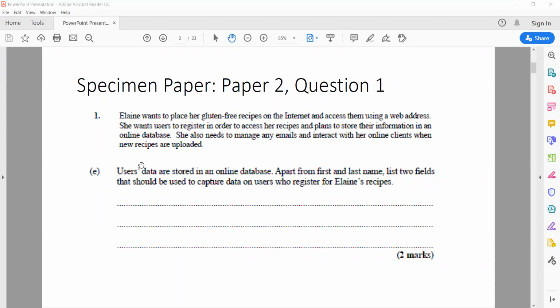So when persons visit a website, what sort of information do you want? You want, for example, an email address, right? Why do you want an email address? Maybe they register with an email address. You could use the email address to send out periodic emails when there's a new recipe, for example. Contact number, yes, contact number is a good one. Also,